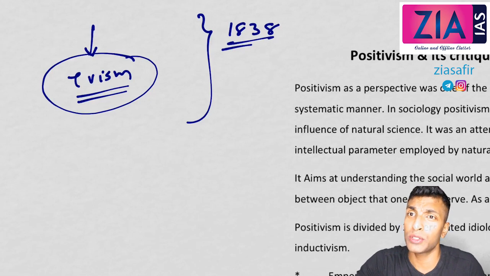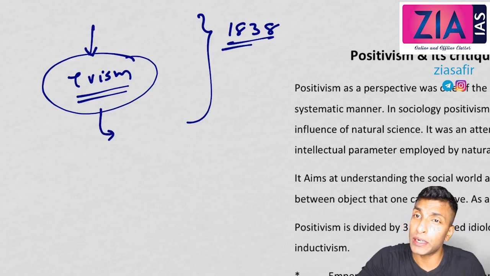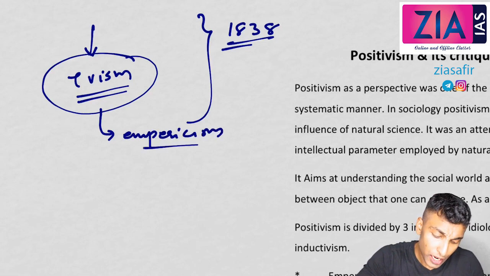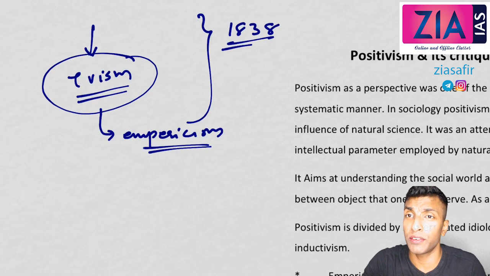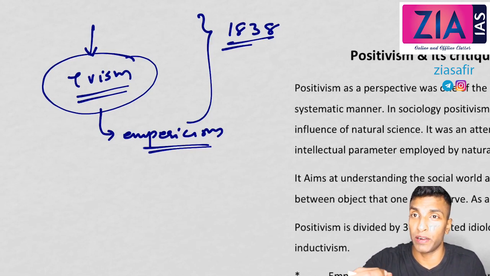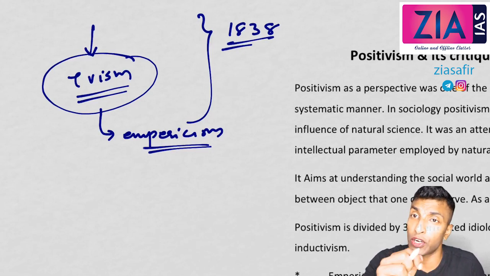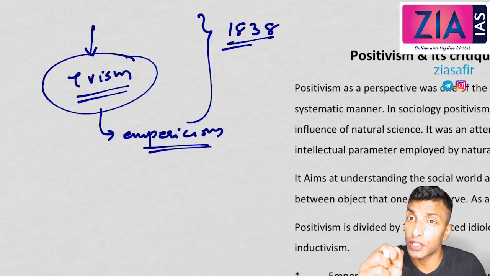What are the main elements of positivism? If you see, the main elements of positivism are empiricism. That means true knowledge is something which could be objectively observed, something which is quantifiable, the empirical reality, the realities which could be seen, which could be quantified, which could be observable. So that is related to science. Science never deals with internal aspects, internal emotions, love, all these feelings, right? Science studies only external reality. Even Comte argued that sociologists should not study the internal meanings or motives, etc.